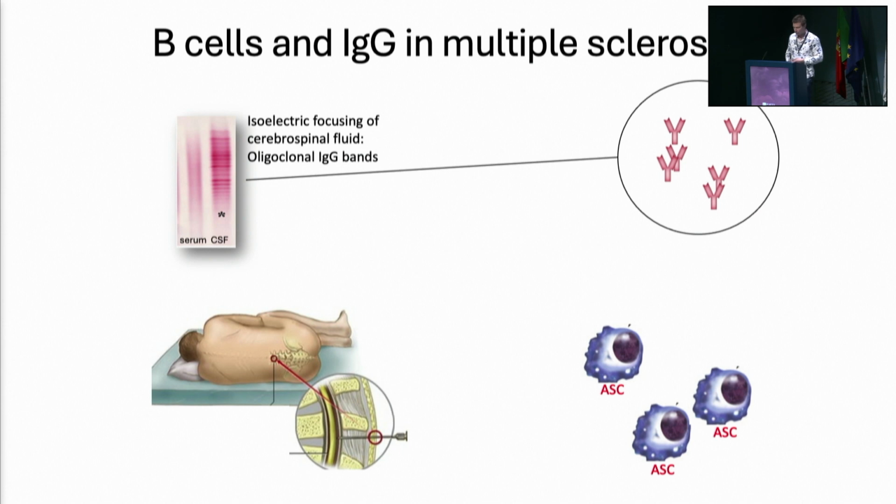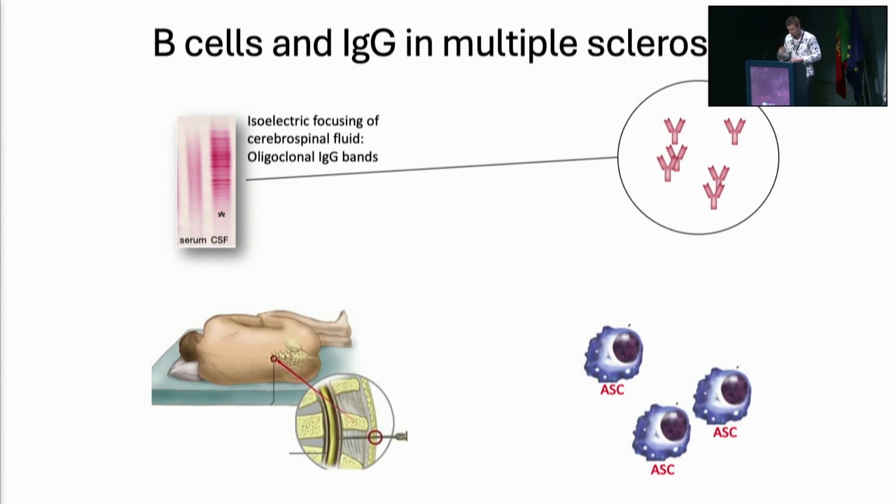As part of the diagnostic work of MS, individuals that are referred to the Department of Neurology undergo a diagnostic lumbar puncture, where we are sampling a small part of the cerebrospinal fluid, which is a fluid that is covering the brain and the spinal cord. Within this cerebrospinal fluid, these individuals have antibody-secreting cells that are producing immunoglobulins, mainly immunoglobulin G of the IgG1